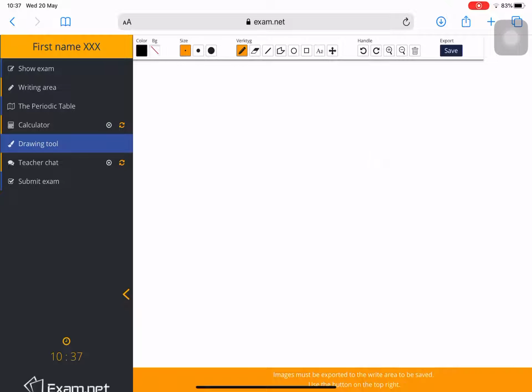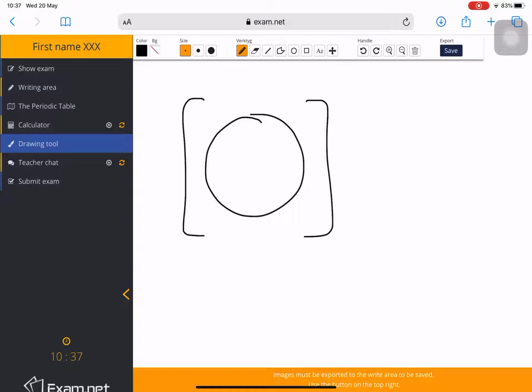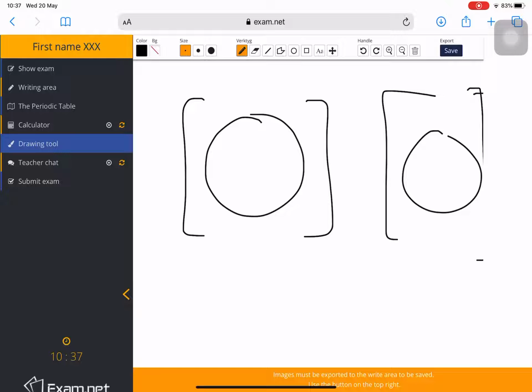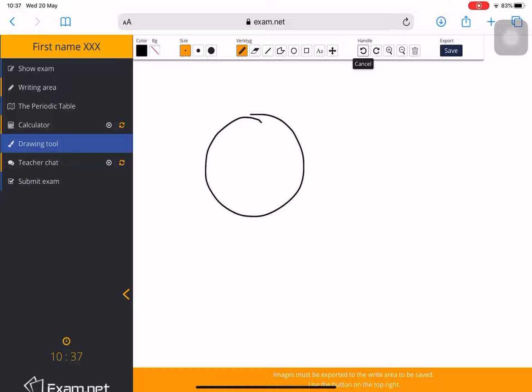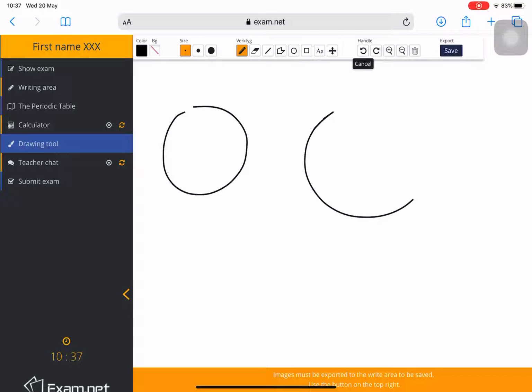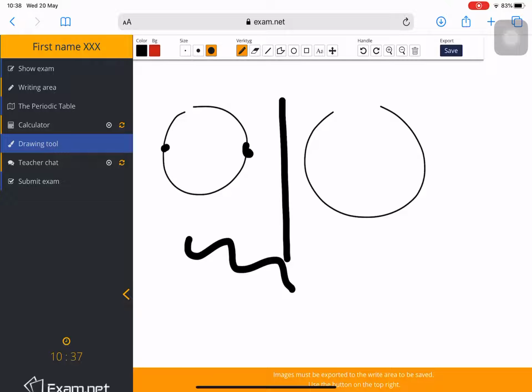You have a drawing tool, so if you need to draw ionic structures or covalent structures, make sure you include the brackets. You have the undo button, right? And you can change color, change the size of the line, draw a line, or erase it. And once you're happy with your diagram,